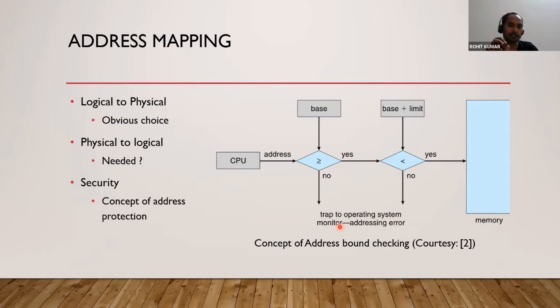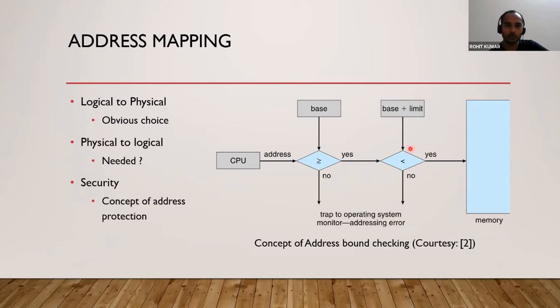Now the addressing error might be intentional or non-intentional. For example, if you have provided the wrong data to the CPU, then the CPU generated a wrong address. In that particular case, it is non-intentional. But if somebody is deliberately trying, through the processor, to access a particular memory location, then this security check will